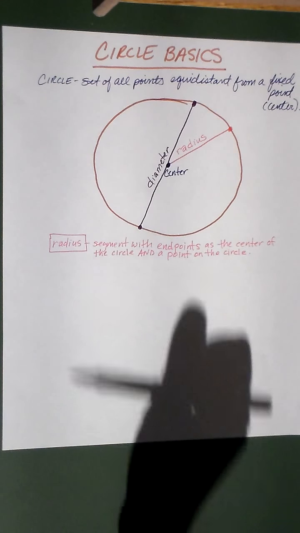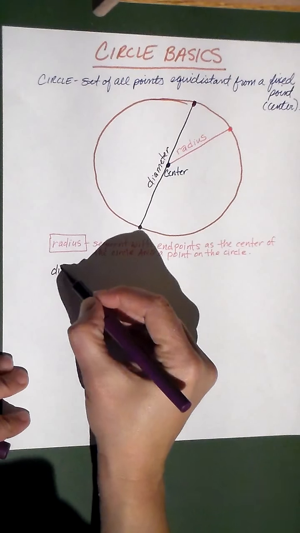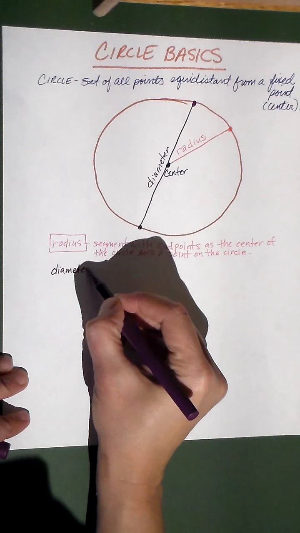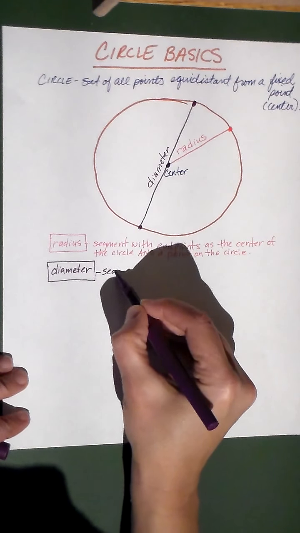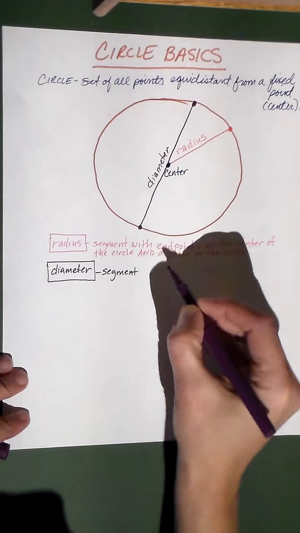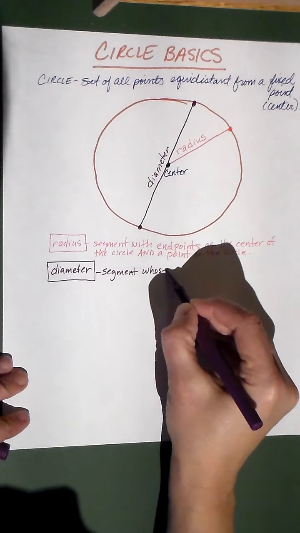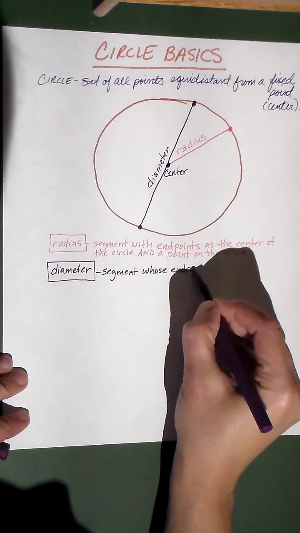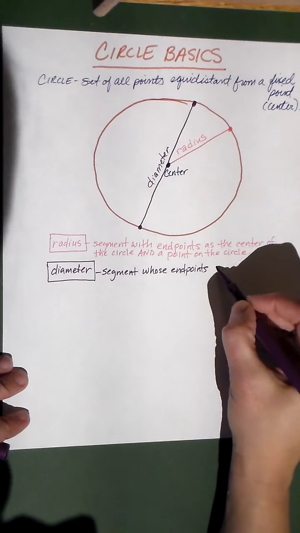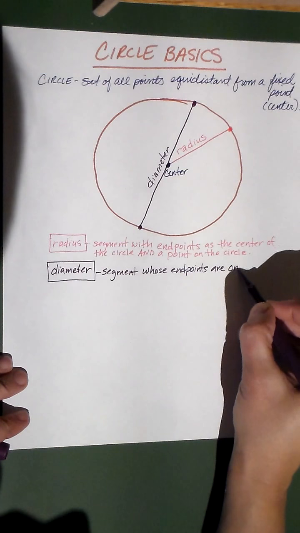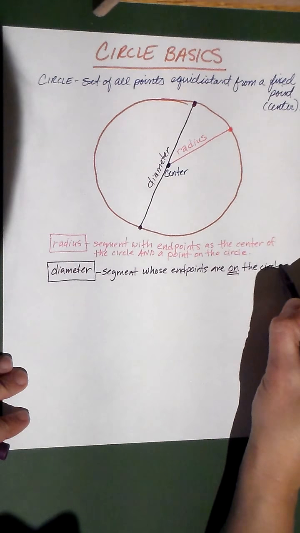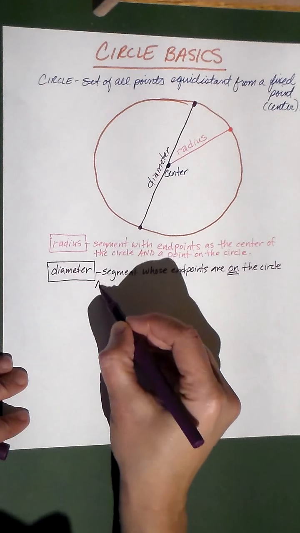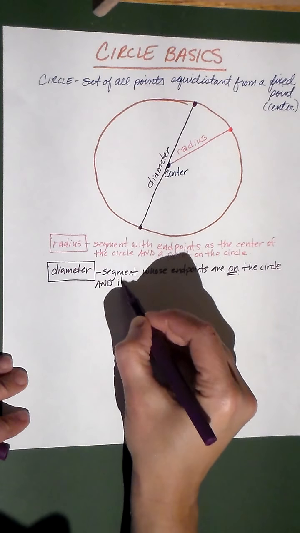The diameter, which we just drew, is also a segment whose endpoints are on the circle. That's big, on the circle, and it passes